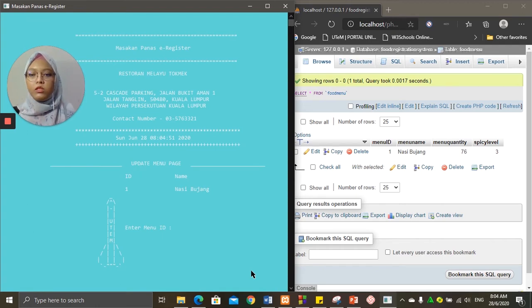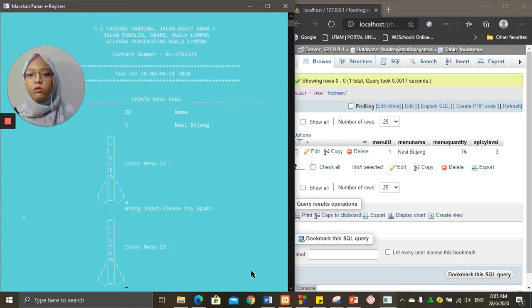Okay. So what if the user inserts a character for menu ID? It says also wrong input, please try again. At the first, if we enter a number or menu ID that is not in the database, the system will show you the error, and then go back and ask if you want to continue or go back to main.